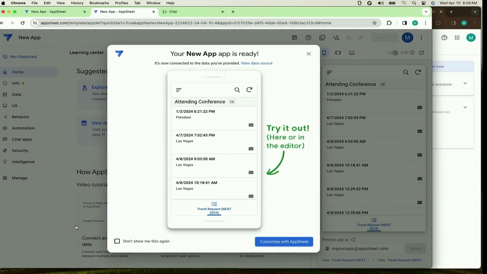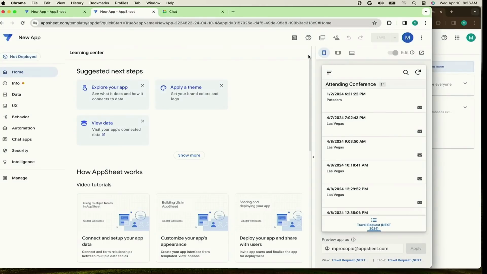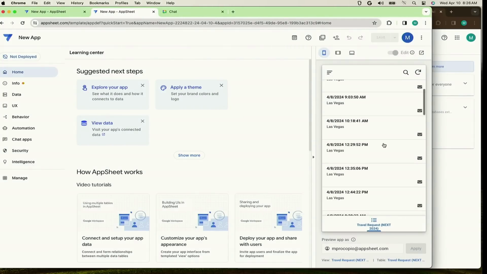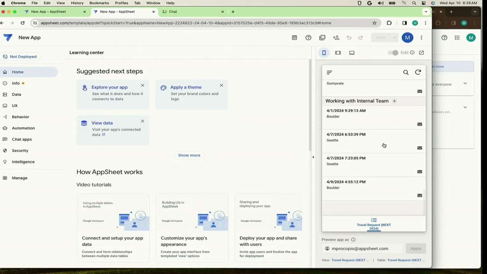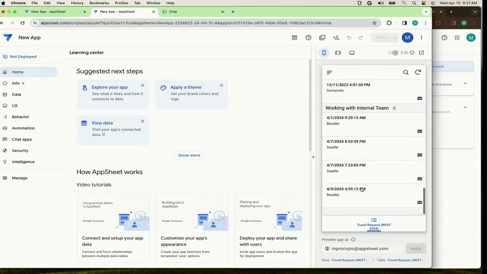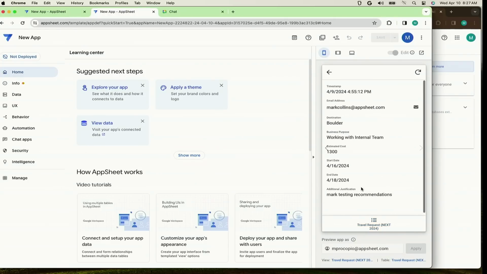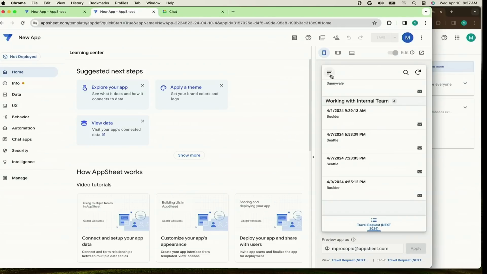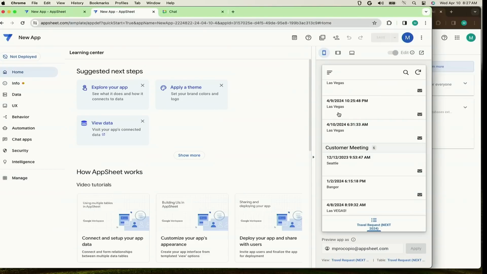And then we see the live warm welcome here telling us what we can do with our app that Anne also had previewed moments ago. And we can see right out of the box, this was 30 seconds, we have a fully functioning app with default views. And Anne showed this working in a scenario for Google Sheets. It now works with Google Forms. We can see that there's some form data here today, right out of the box. I can look at here. I see that Mark has submitted some form responses for some testing. That's a very good sign here for our demo. So that shows us how easy it is to create an app directly from a Google form.